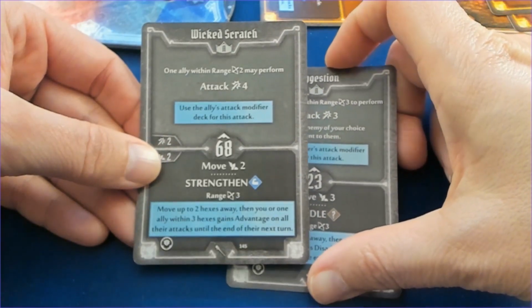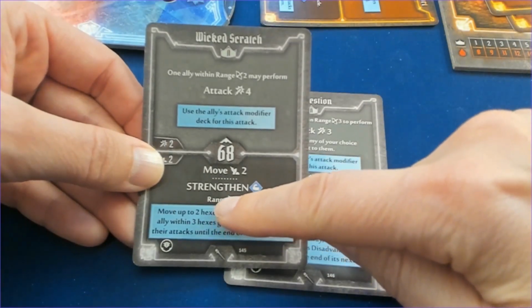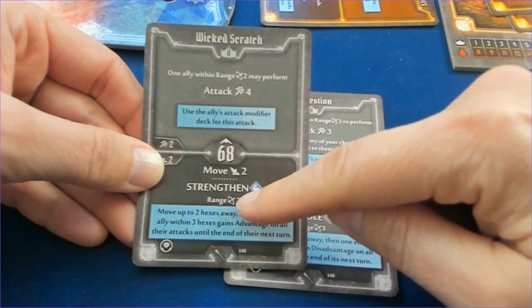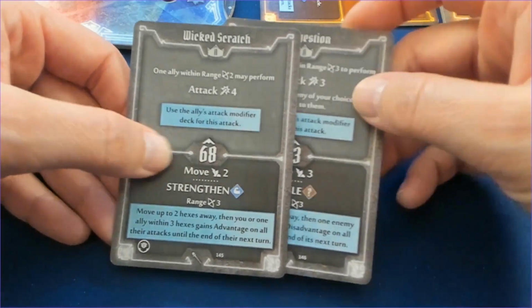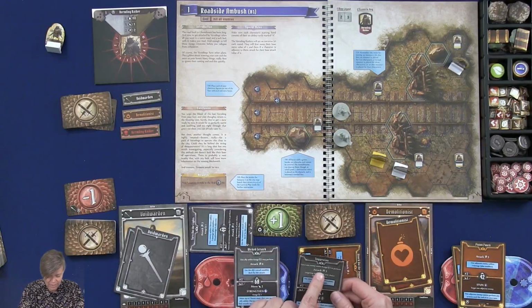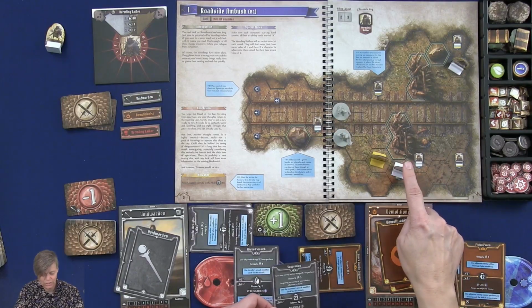Or are we going to? No, we're going to move first, because then we can get strength on a range 3. We can also give the strength to our friend, so they will get a strength. Or do we take it on ourselves? I think I will give it to our friend. So first we're going to attack on a range 3, that will say we are going to choose him to attack him. So he's going to attack